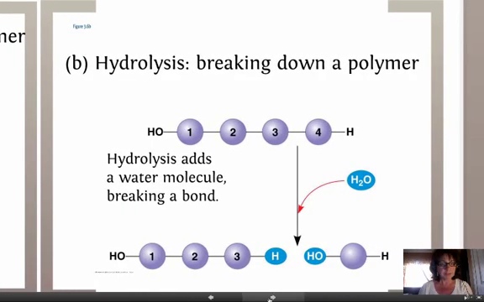So the opposite of that takes place, for example, during digestion, and that would be hydrolysis. So when you eat maybe a potato, you bring in a lot of starch. You'll see some of those molecules in a minute. Basically, they're a huge polymer of glucose. Enzymes start working first in your mouth, amylase, and then later on in your stomach,